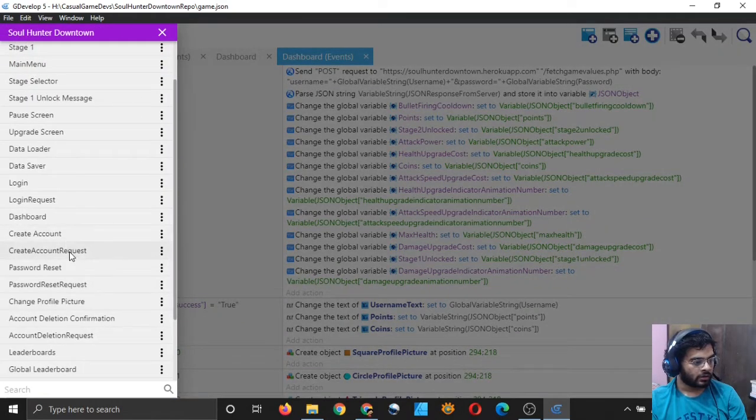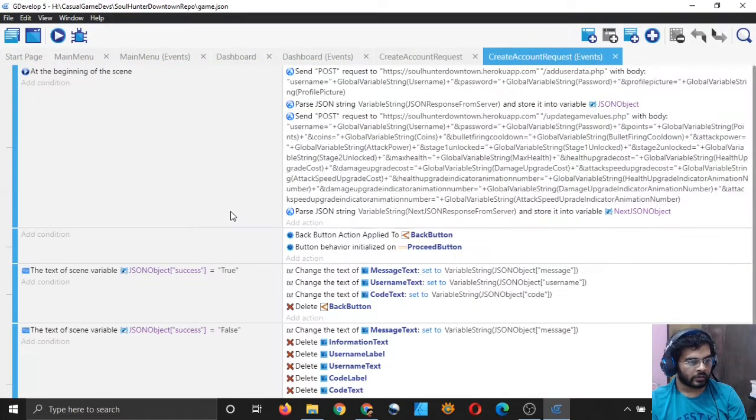In the create account request, I guess that's where it is happening. Yes, in the create account request scene in the events, you can see that we have sent a post request to update game values, and we are putting all the game values here, and then we are receiving back some output, I mean some response from the server.